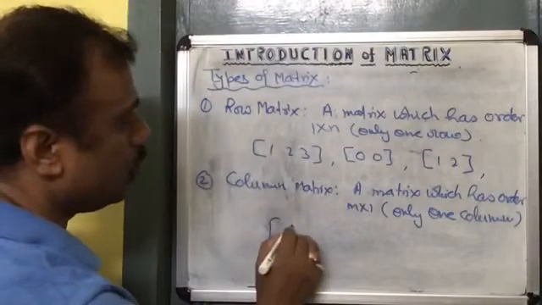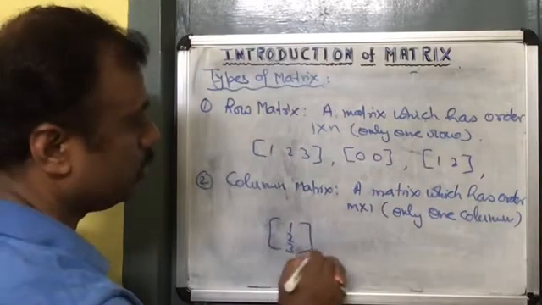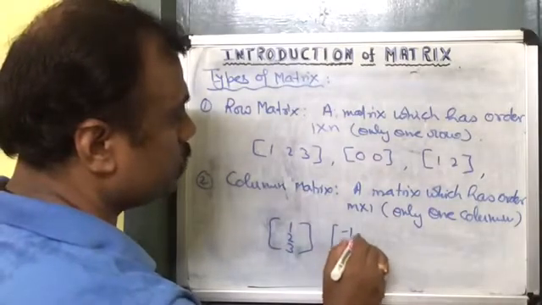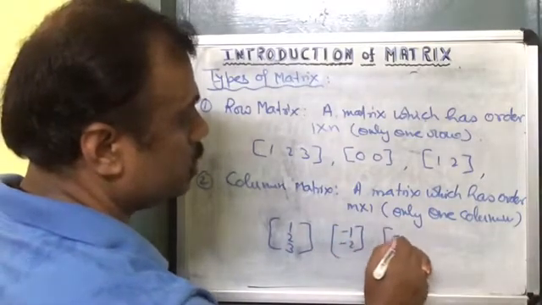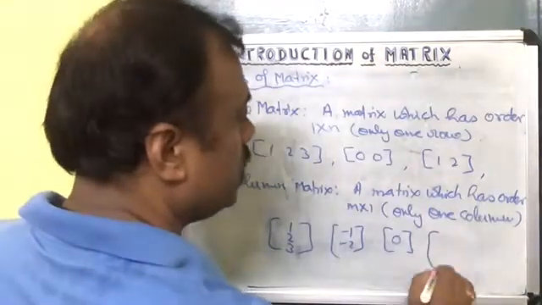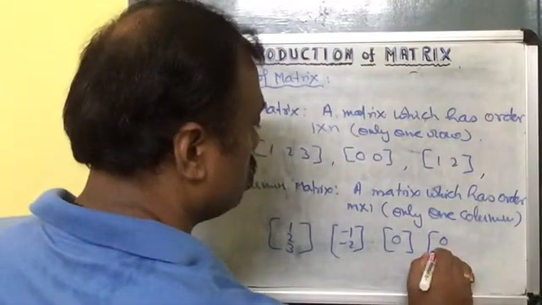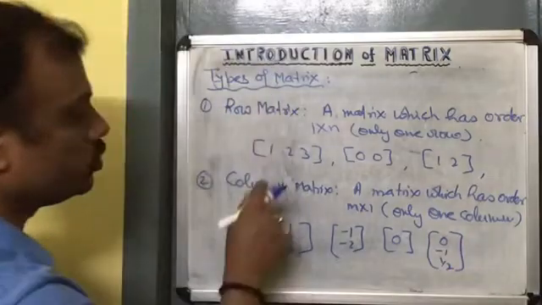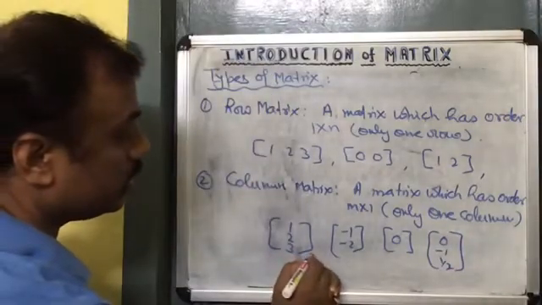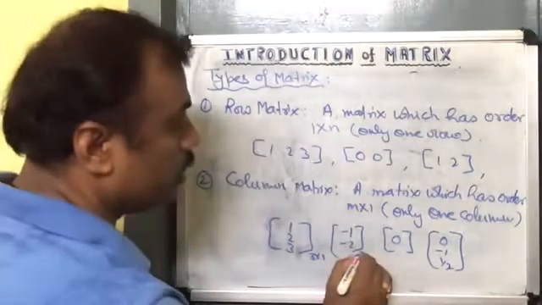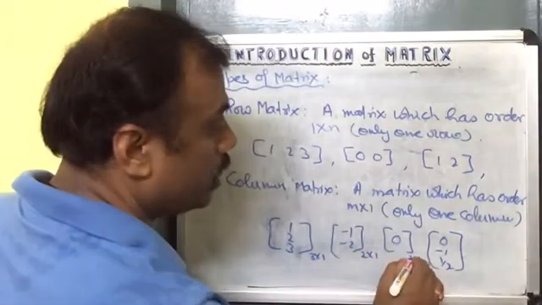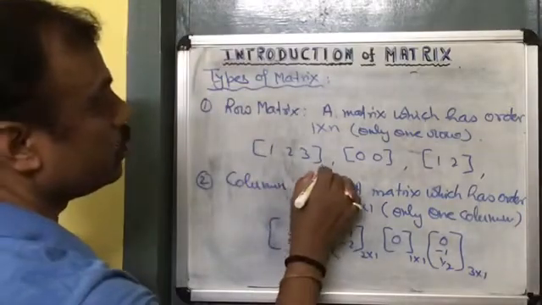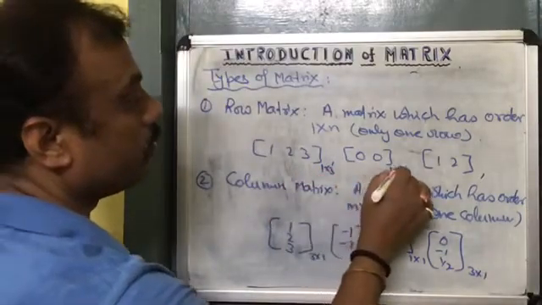Examples: 1 2 3, -1 -2, 0, etc. 0 -1 1/2 etc. As you know, the orders of these are 3/1, 2/1, 1/1, 3/1. Similarly here also 1/3, 1/2,